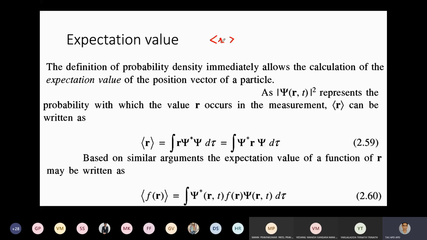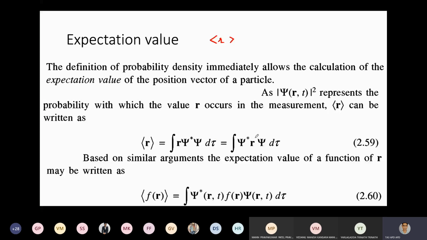So over here we are talking about the position coordinate of the particle. That will simply be multiplying by the probability of finding the particle, so psi star r psi d tau. Okay. Now we have kept this r in between these two. The reason we will see later; we will come to know why and how it is done, or why we want to do this.